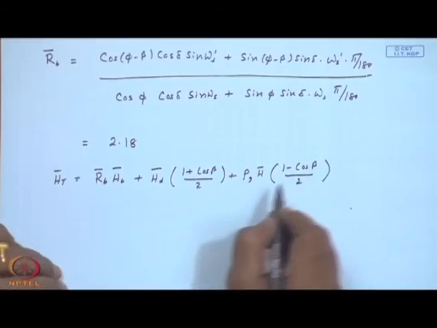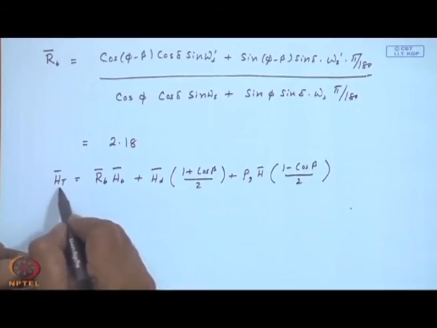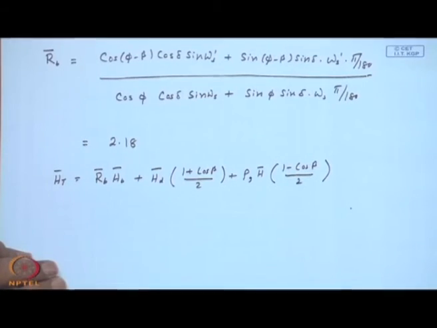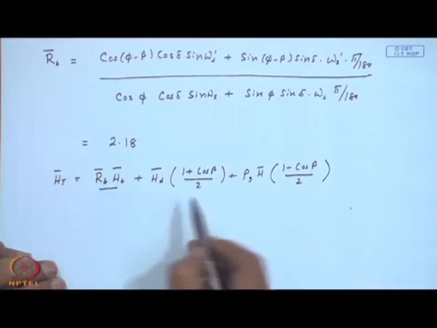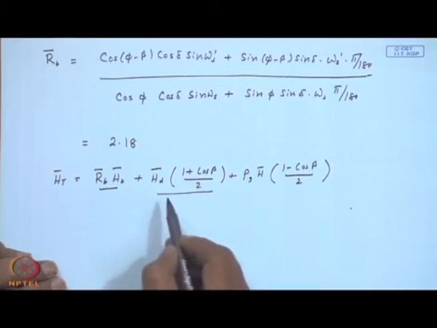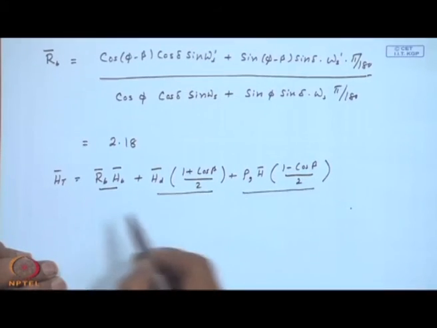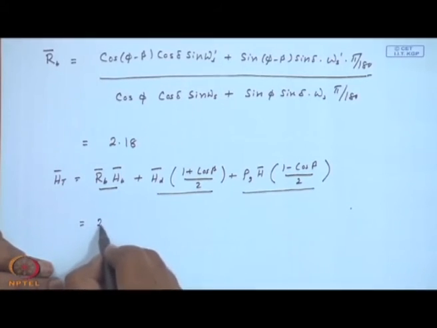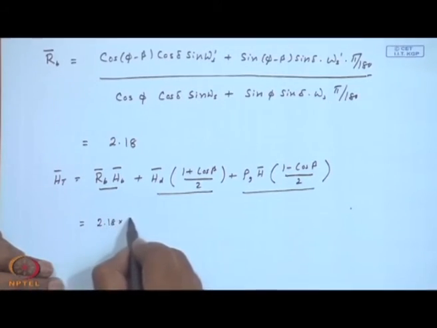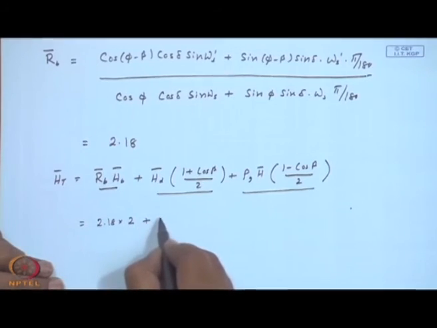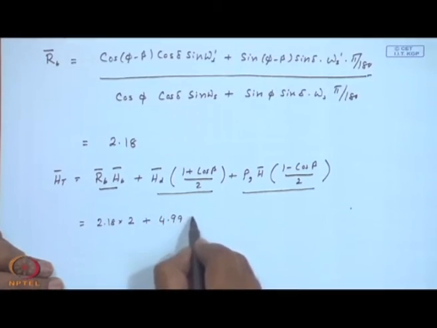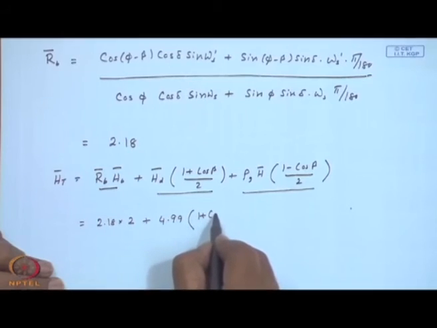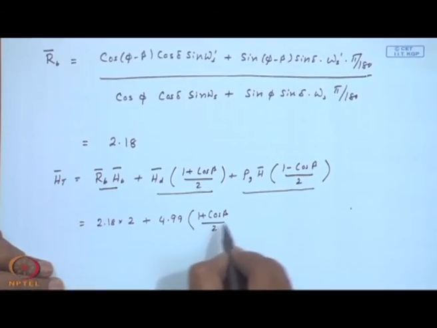This is a formula with which we are familiar. The total radiation on the tilted collector surface consists of the beam component, the sky diffuse component and the ground reflected component. So, this will be R b bar 2.18 into H b bar 2, plus 4.99 into (1 plus cos beta) by 2,